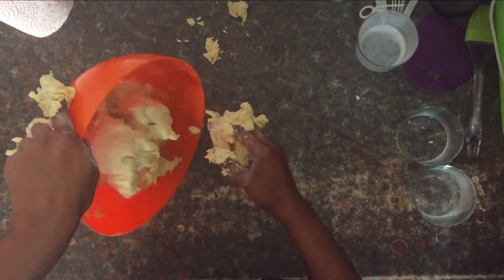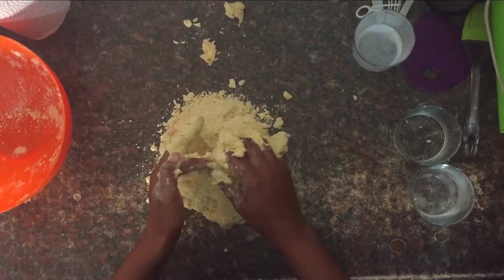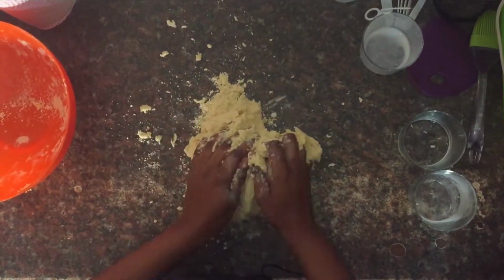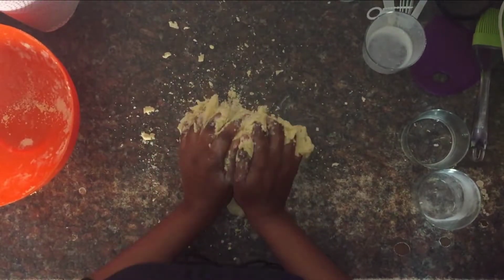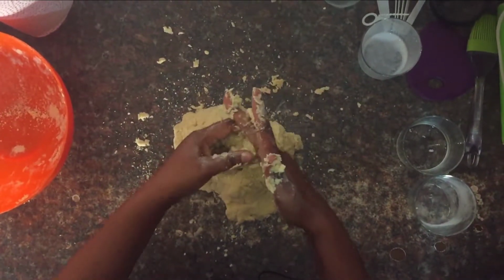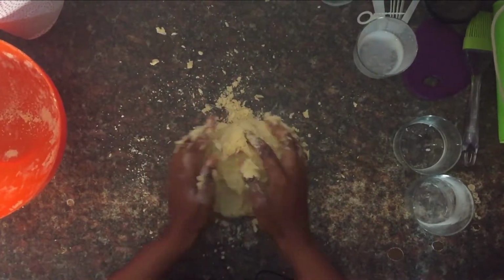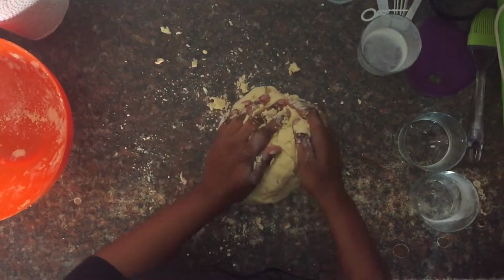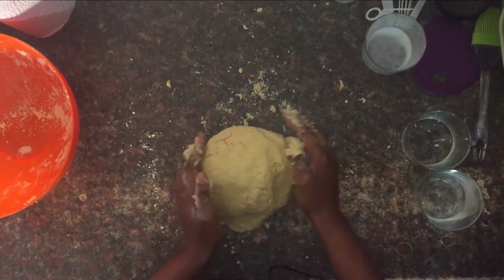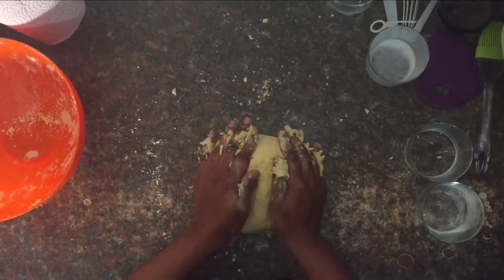Okay, so I'm just going to tip this over onto my work surface. Try to mix it. Okay guys, you want to be gentle when you're handling your dough. You don't want to be too harsh and mix it too vigorously, because you're going to end up with a very dense scone. So be gentle and mix it. And voila,